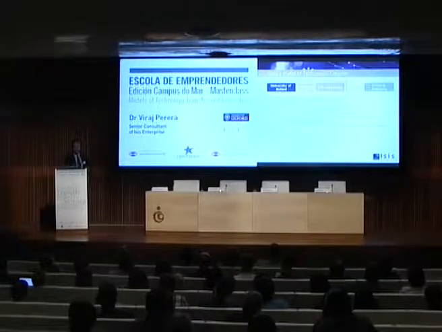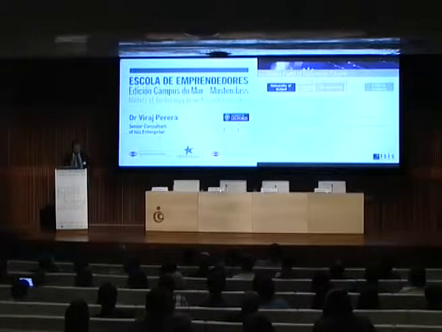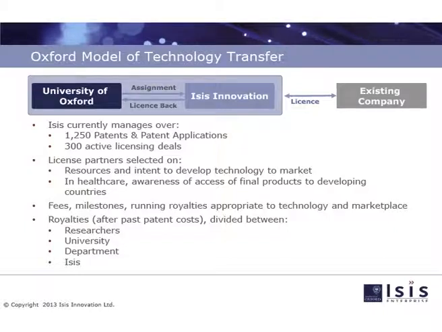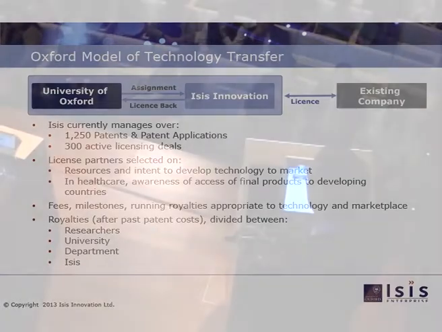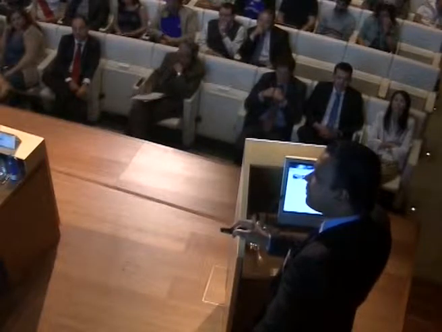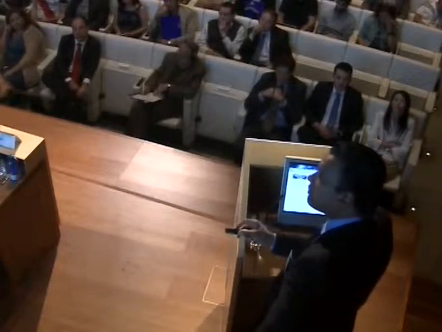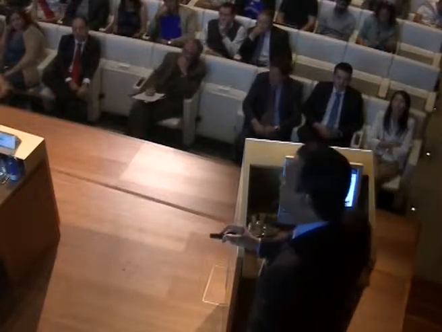Now, I made this point again and again, yesterday and day before during the workshop we did at Vigo. Universities have to be very careful about this. If the companies can't show that they have the resources or the intent to develop and market the technology, be very careful. This is where technology transfer fails, if you don't license it to the right company. So at Oxford, we spend a whole lot of energy in order to try and work out that the companies are actually going to develop our technology or invention, and they are actually going to make money out of it. So, and I pretty much explained the mechanism that we do it. Because of the time, I'm not going to run through that at the moment, but at the workshop, I definitely